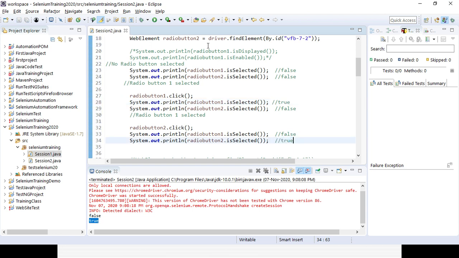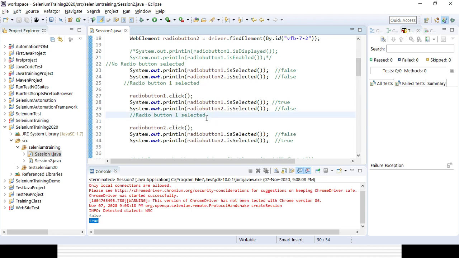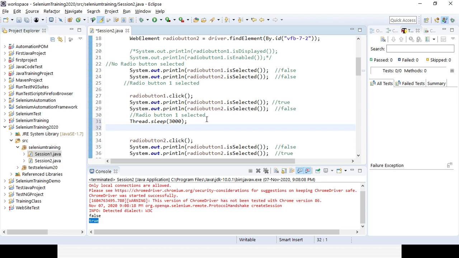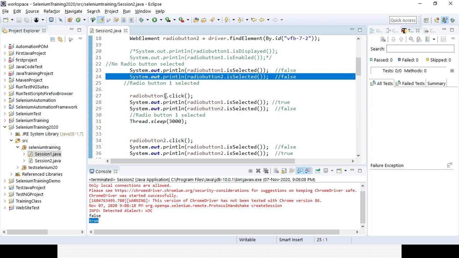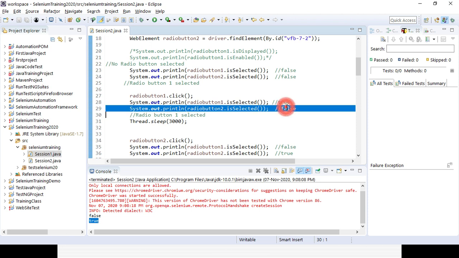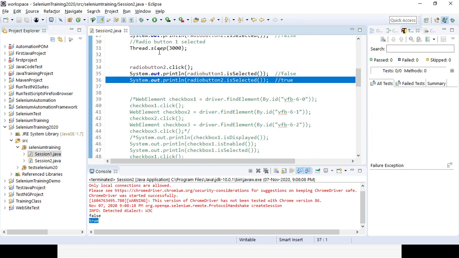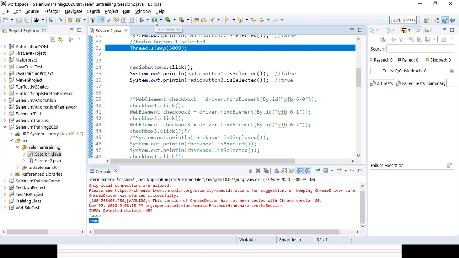And if you want to check it, let's see it. I will wait for 3 seconds so that you can see the changing of radio button 1 to 2. First I don't select a radio button, so it will give me both false. Then I will select radio button 1, so it will give option 1 as true, but option 2 is false. Then I am changing radio button 1 to 2, so it will give me option 1 not selected and option 2 selected, right? And in the meantime it will wait for 3 seconds for changing the options.